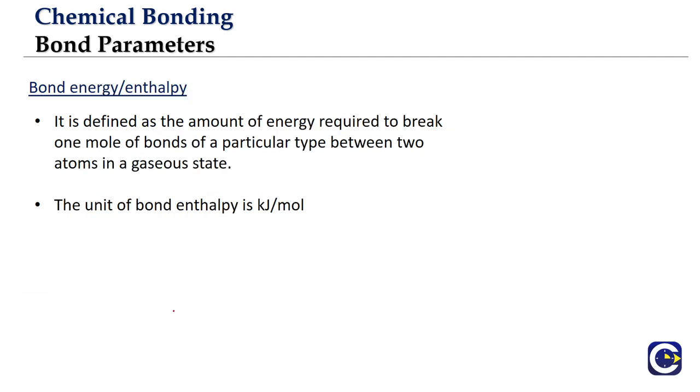The other parameter of the covalent bond is the bond enthalpy or bond energy. So what is this bond enthalpy or bond energy? If you look at the bond between any two atoms, let us say we have a bond between A and B. When we want to break this bond, because in the introduction video of chemical bonding we have talked about the energy consideration of the chemical bond, when these two atoms come together at that optimal distance of bond length, what do we see? The total energy of the two atoms will be in the lowest possible position.